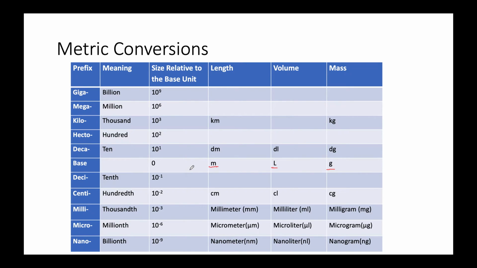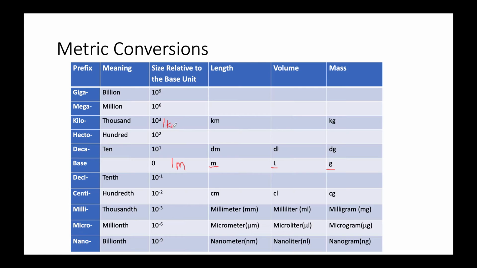In the metric system, we are also going to be able to multiply to make larger numbers and smaller numbers, and we multiply those by powers of 10. So we can multiply by powers of 10 to go up and make much bigger numbers, or we can use our submultipliers by negative powers, and they will make much, much smaller numbers. For example, if we had 1 meter and we wanted to make it much, much larger, we could look at a kilometer. We would put kilo as our prefix in front of our base unit of meter, and 1 kilometer